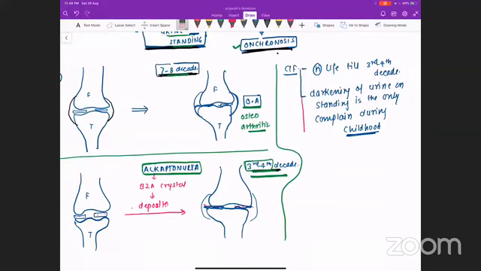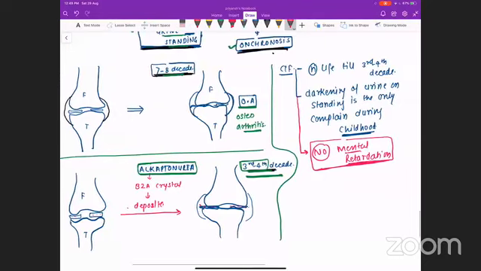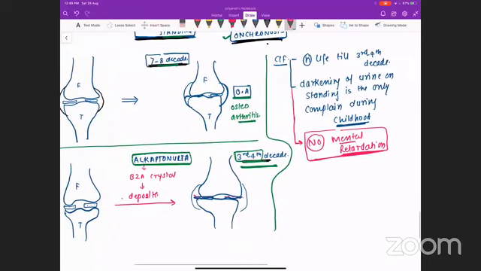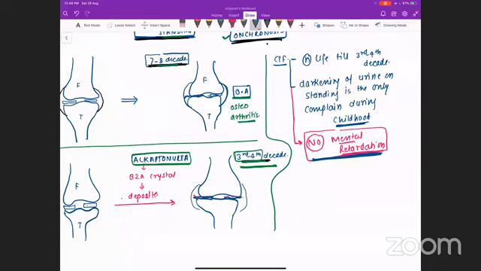Okay, I want to add a negative statement. In alkaptonuria, there is no mental retardation. Why am I adding the negative statement? Because the question asked was, all of the following are features of alkaptonuria except, and mental retardation is not a feature. This was the answer to that question. In the next class, I will also tell you how your paper is made by the board, so that you will get a better idea why I am writing the negative statement.